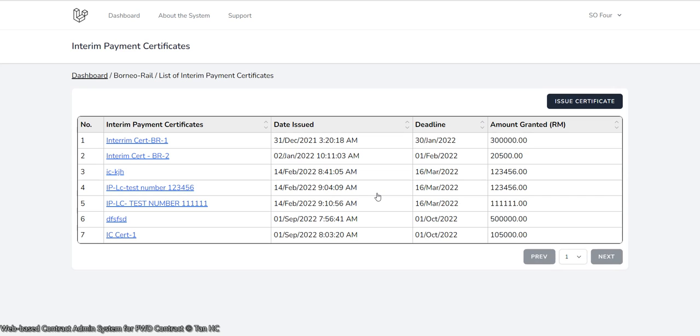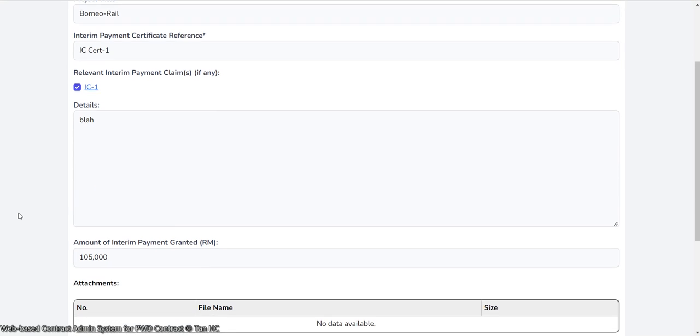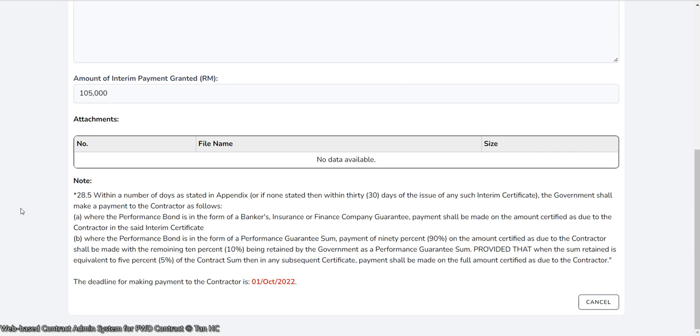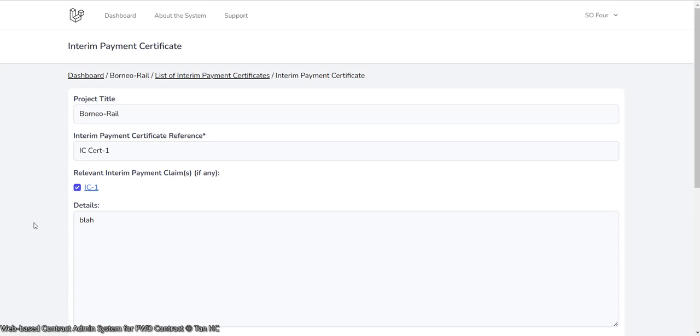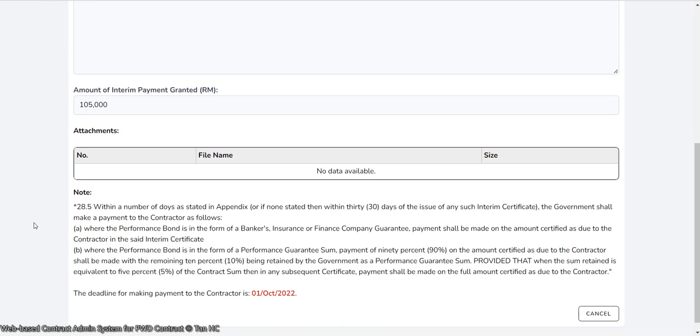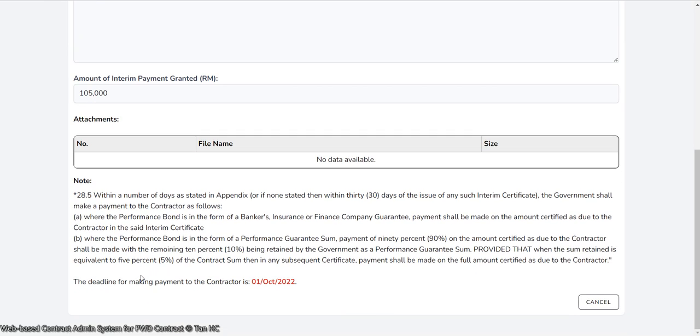Right, and then the system will bring the SO to this page about the list of interim certificates that he has issued. So let's click on the interim certificate that has been issued by the SO. You can see that this is the interim certificate, and at the bottom of it, the system is trying to remind the SO that the deadline for making payment to the contractor is 1st of August 2022. This deadline is calculated automatically by the system